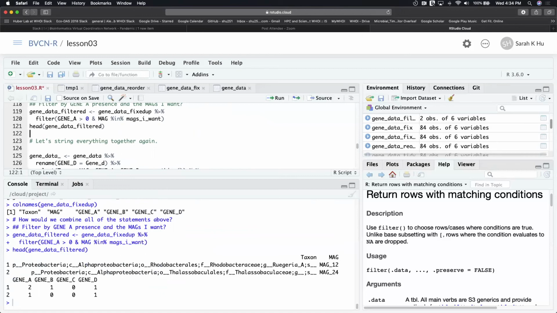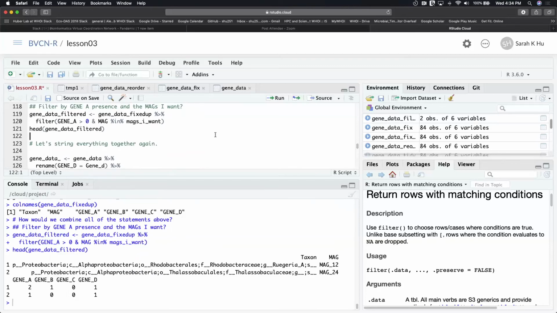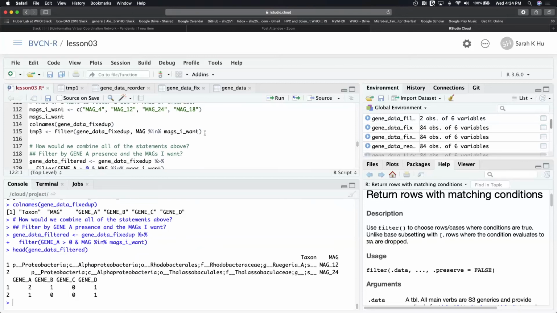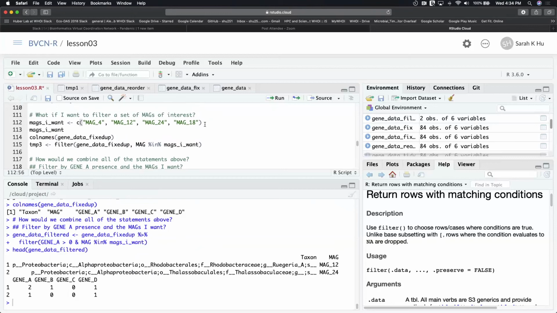One of them I'm going to mark for a future lesson or office hours. Make a note, Jacob and Ella, maybe someone can go over merging tables, because there's a lot of creative ways to merge tables, and that could be one application to address this question. Actually, did that in previous class. Okay, I'm sorry. I don't think you used the dplyr ones, right? Oh, no, just the base R merge. Okay, some of the dplyr ones allow you to do like anti-join and stuff, and I don't remember if base R does. So let's review what mags I want is, and I'll show you how to pull that out